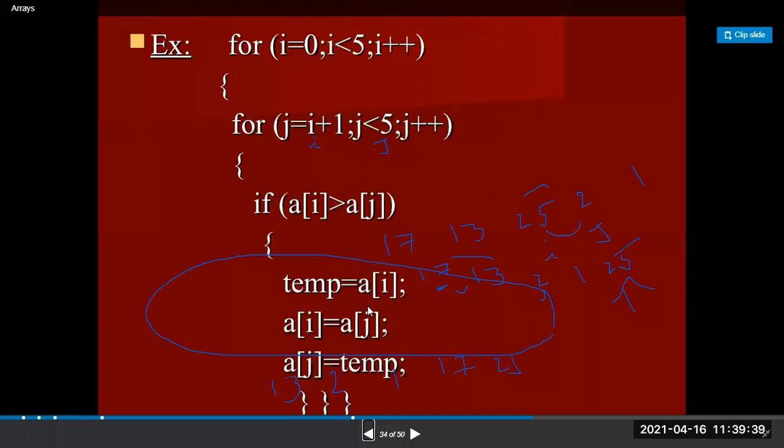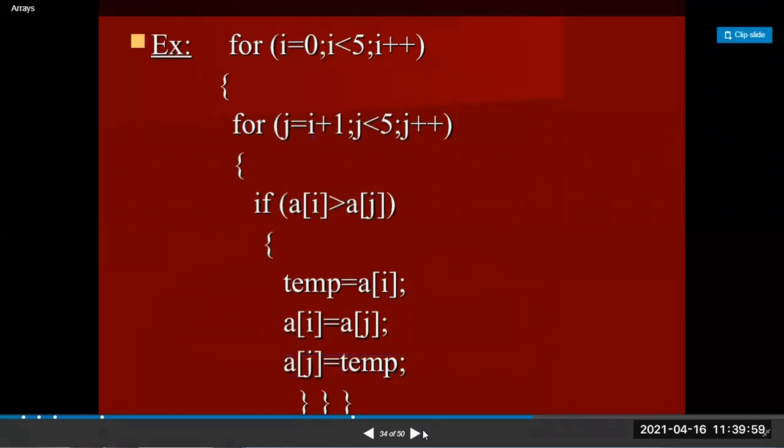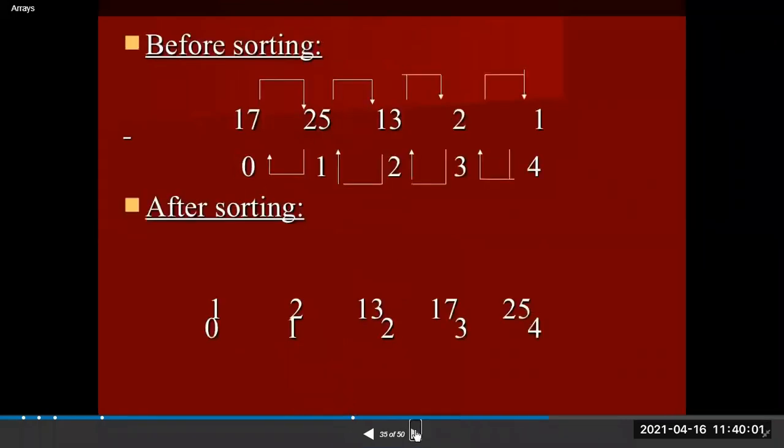Finally, the elements are sorted in ascending order. This is about sorting. Next, we move to the next concept, next operations are here. So here, before sorting, after sorting.